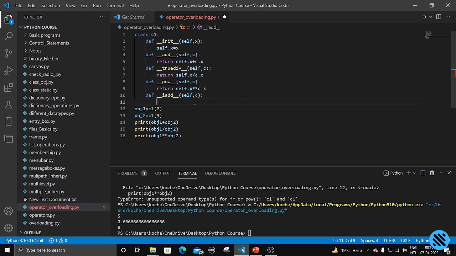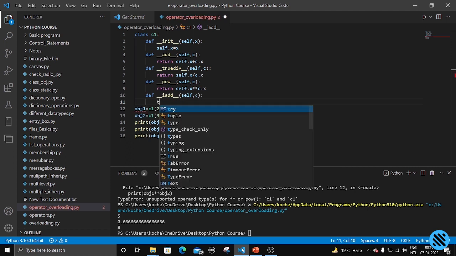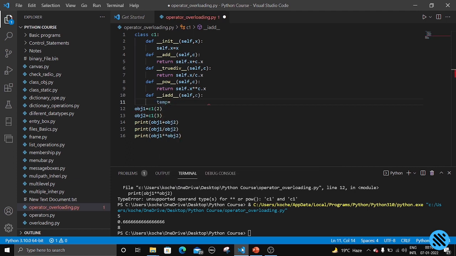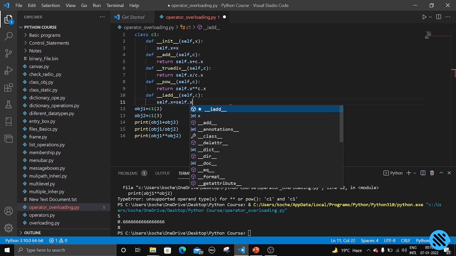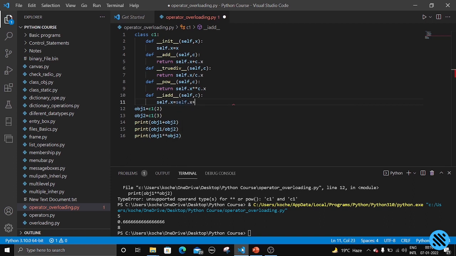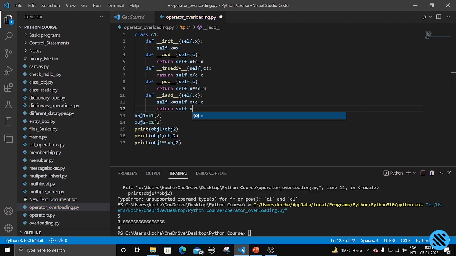Self comma c, return. Let us just take one temporary variable, or self dot x equal to self dot x plus c dot x, return self dot x,